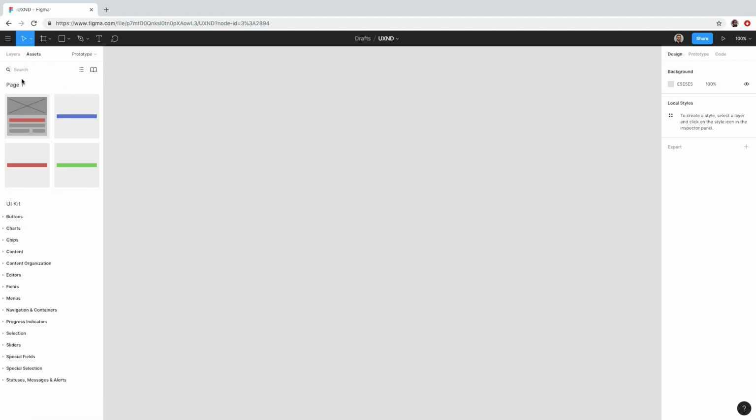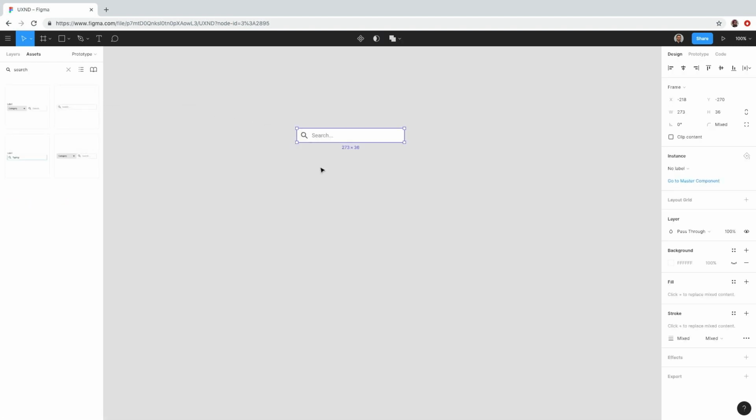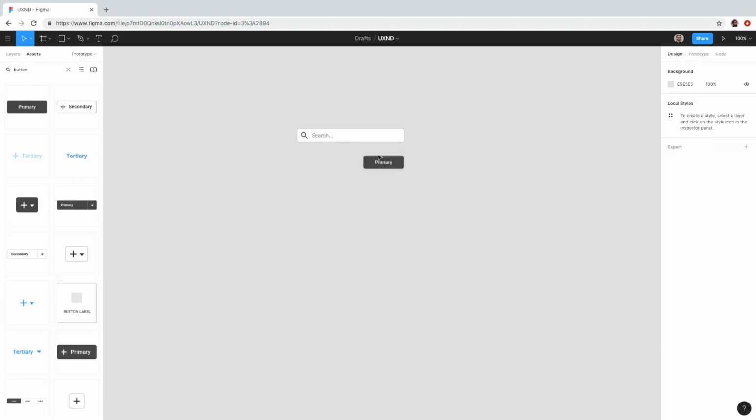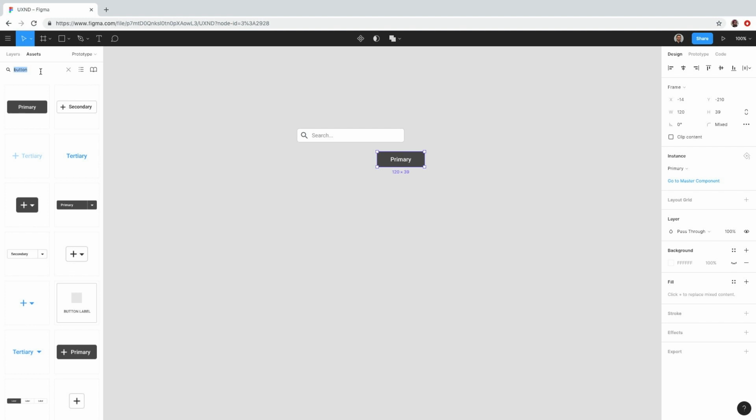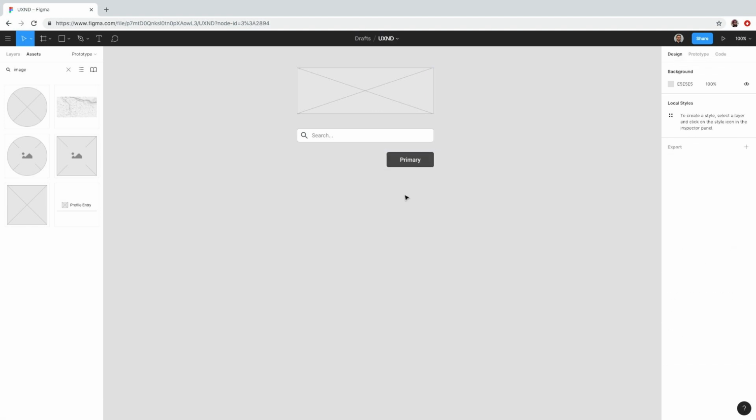Finally, the search bar at the top of this screen gives us the ability to quickly find elements like a search field, which we can click and drag onto the page for rapid prototyping. This allows us to quickly build dynamic forms and include things like graphics without needing to spend time thinking about what this element should look like and making sure that all things like our layouts and components are properly formatted.